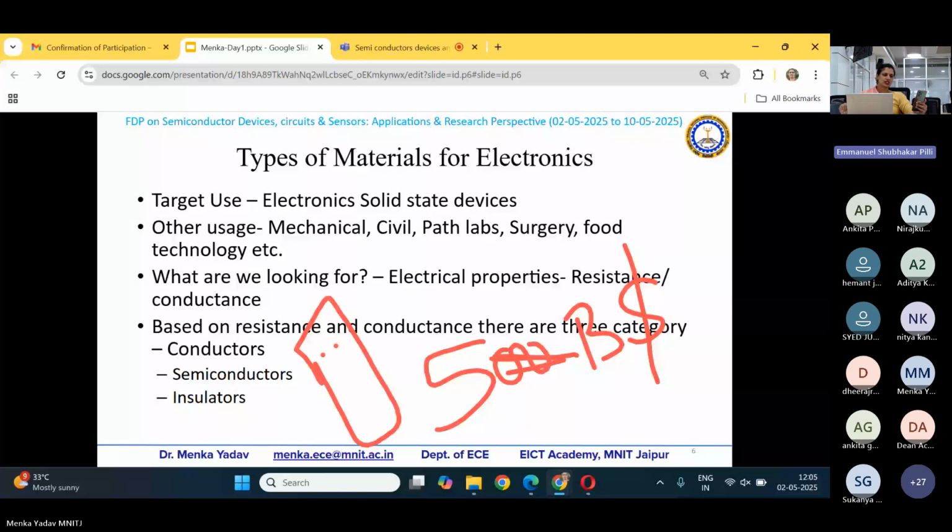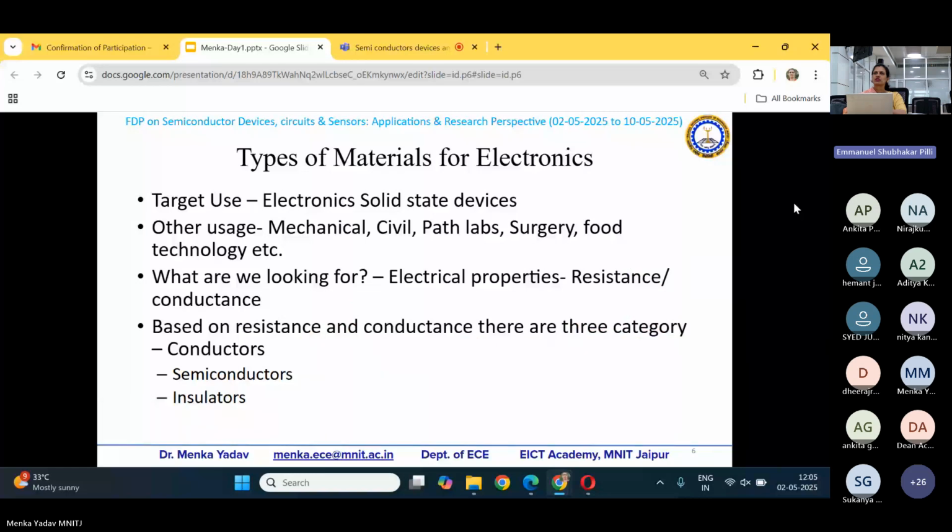So now let us, with this note, start with the main topic. This course is a very basic course. We are going to start with the materials, what types of materials are there, and which type of materials we will be using in this particular course. So basically, we are targeting